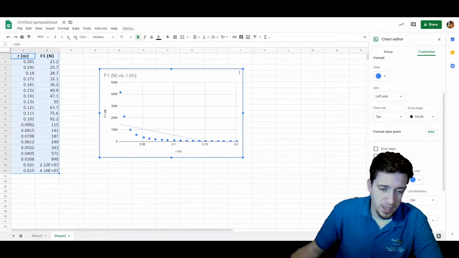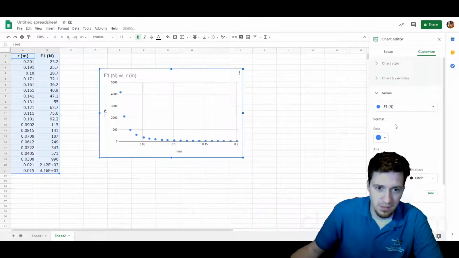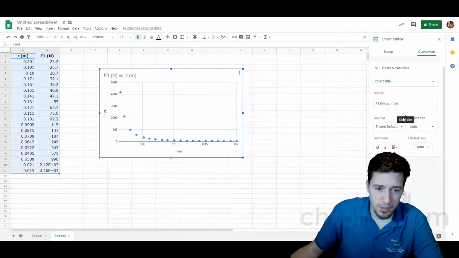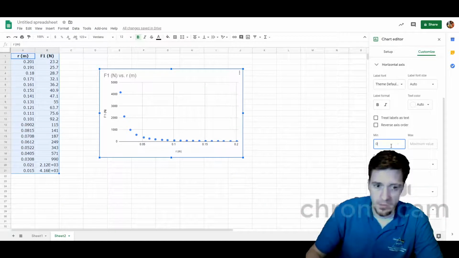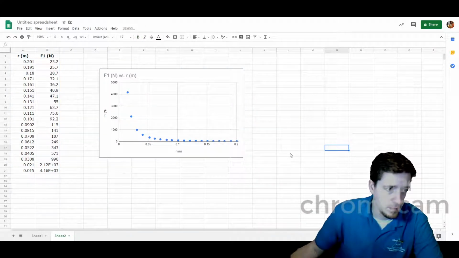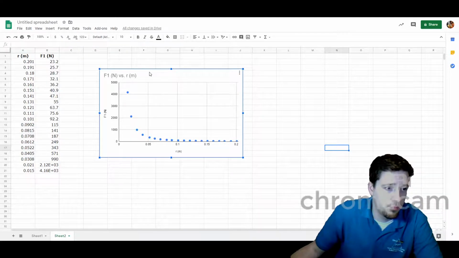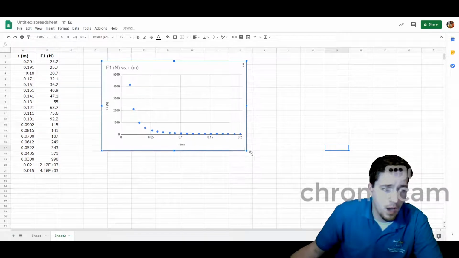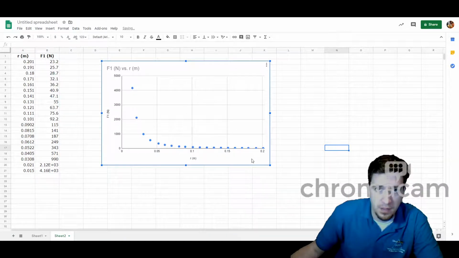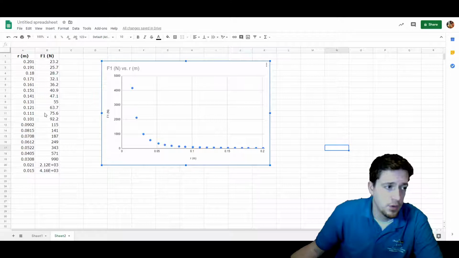Do I really have to add a trend line to this to understand that that's not a thing? But I do want to go to horizontal axis, minimum of 0. And great. So it's pretty clear to me that this is going to have to be an inverse graph. So now if you remember graph shapes that have this look, we're going to have to actually invert the R